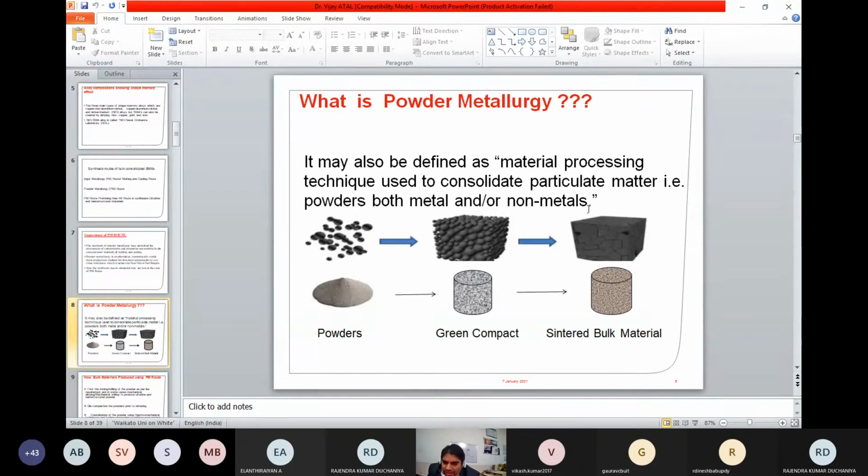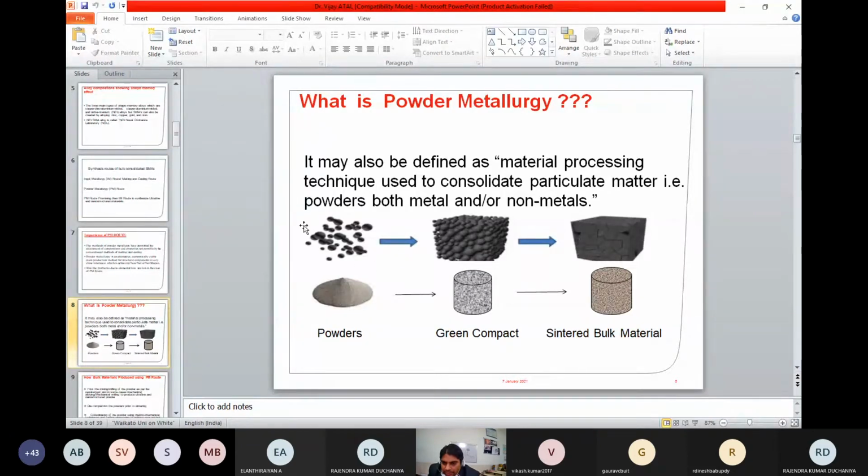Next step is sintering, to impart interparticle bonding between the particles. Sintering is a mechanism in which a green compact is heated to higher temperatures, depending on the type of composition, near its melting point, above 0.8 of the melting point, and this interparticle bonding will be imparted. Depending on the section size, you set the time requirement, and you produce a bulk material.